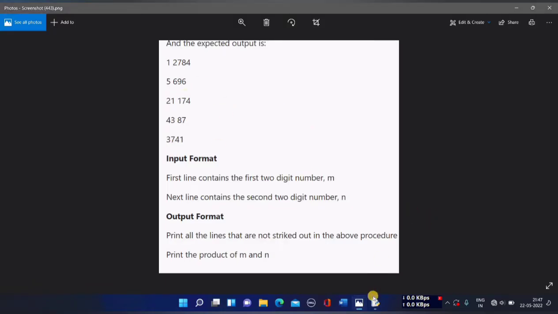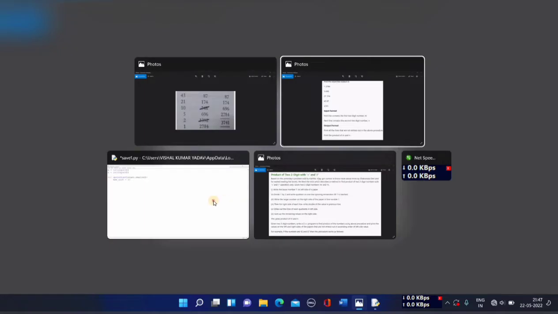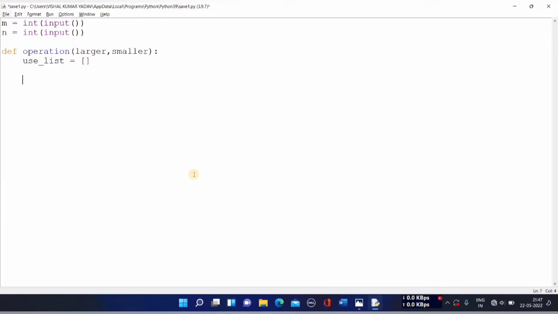Now we clearly know that what we have to do is take the smaller number and keep on dividing it by 2 to get the quotient. So see, what I'll write is: while smaller number is greater than or equal to 1. Until when do I have to do the division operation? Until I get 1. Okay, so if that is the case, see,